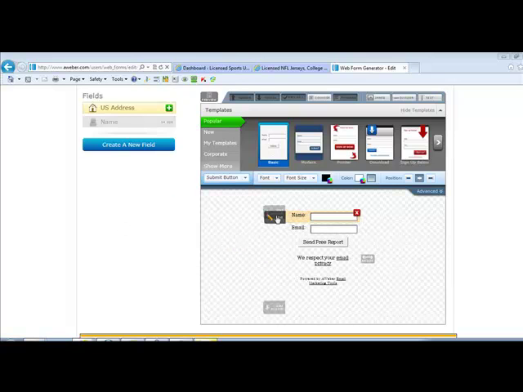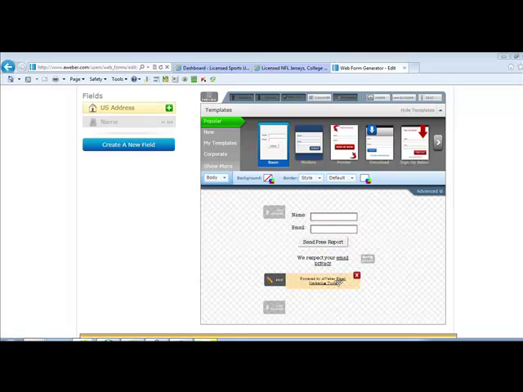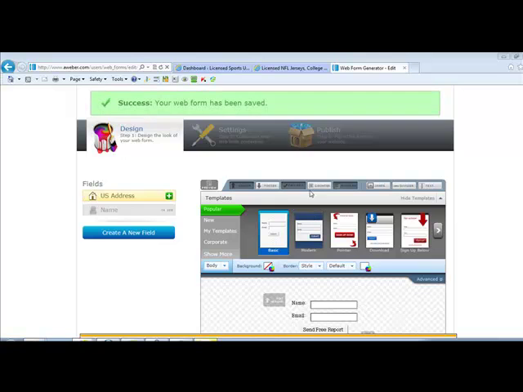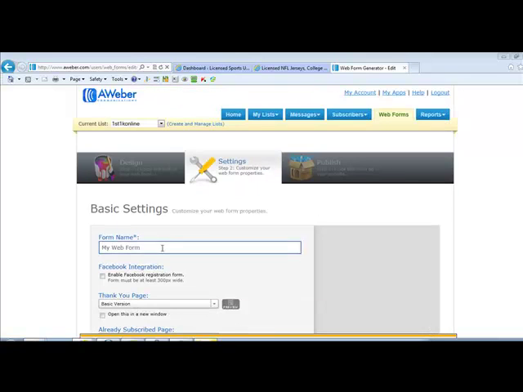We'll go to save. We'll edit this one. We'll put in first name, or actually let's just leave it at name. Email, respect your privacy. You can take out the Aweber part if you want. And we're just going to choose save web form, and go to step 2. And the form name, we'll call this what the product is, or what the website is. We'll call this test website blog